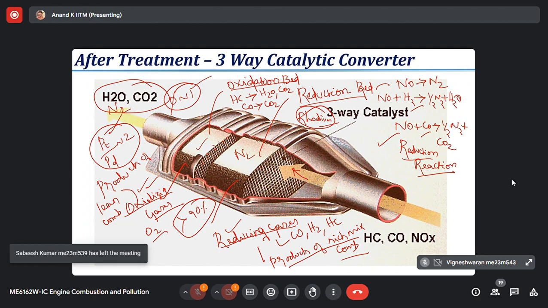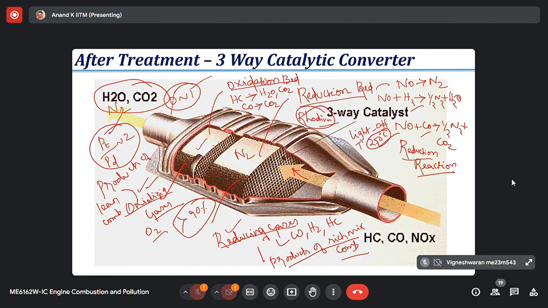Okay, so this is what we are doing here with this three-way catalytic converter, and there is something called the light off temperature. There is a minimum temperature at which most of the catalysts, almost more than half of the catalysts, will be active. That light off temperature is around 250 degrees Celsius. So the only thing you need to ensure is you have at least this minimum 250 degrees Celsius so that the